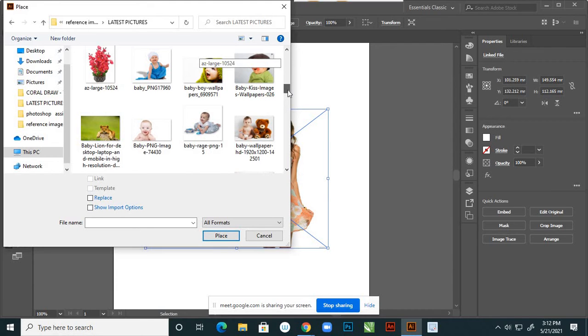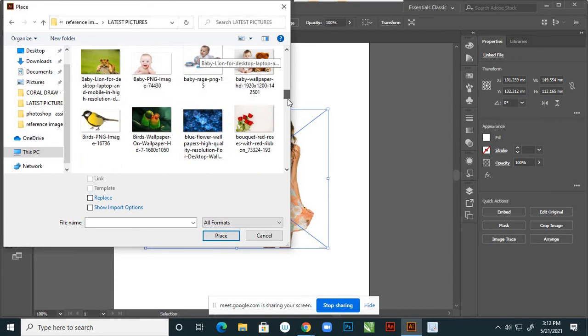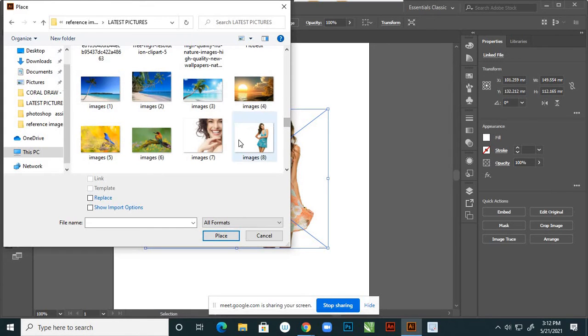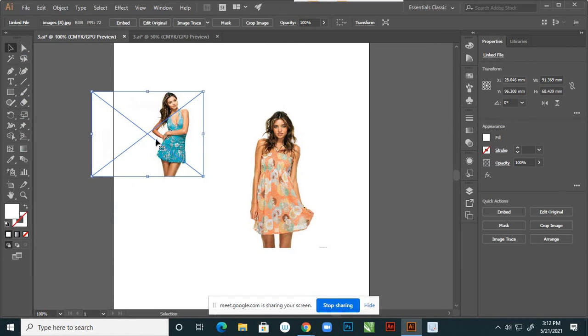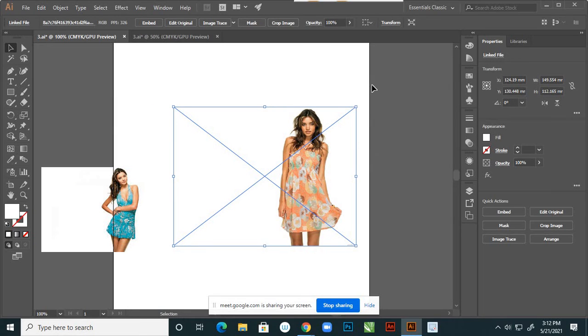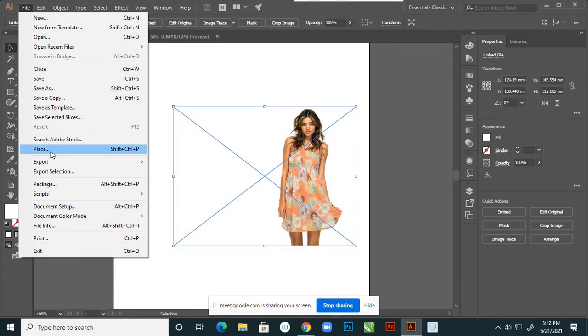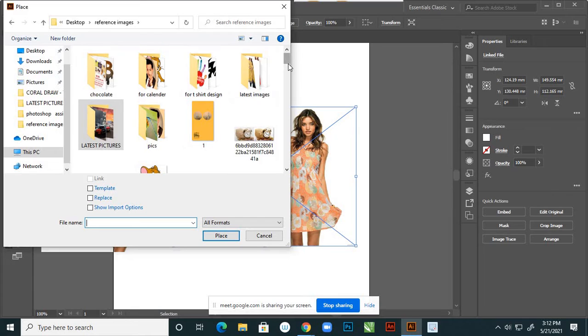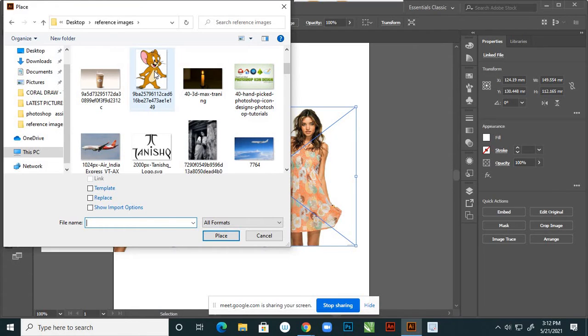Open this file. Yeah, two files I'm taking. Suppose I want to vectorize that. One more art sketch file I want, because I want to show something.